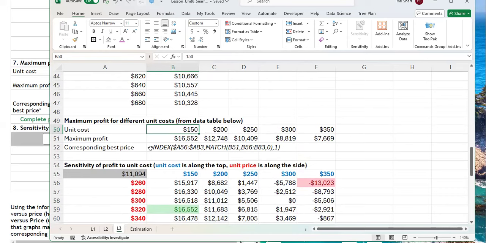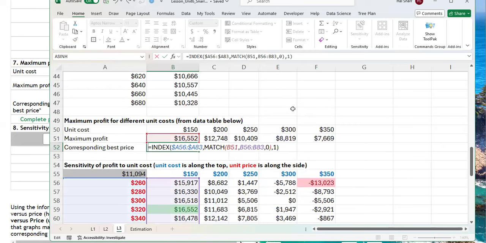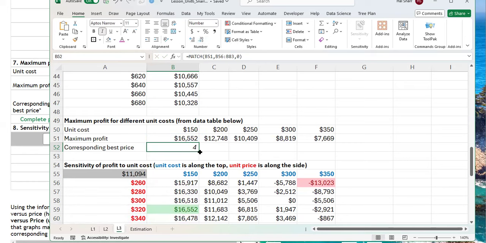Now we want to find the best price. And the way to do that is we use this index function where match is finding this value here in this purple column, right? And that right there should be row 1, 2, 3, 4. It should be 4. So if I delete this part here, if I delete that part and I press enter, this should be, now if I drag this across,